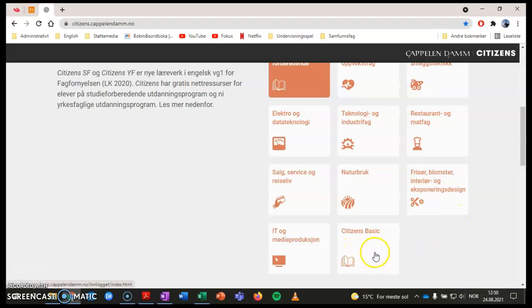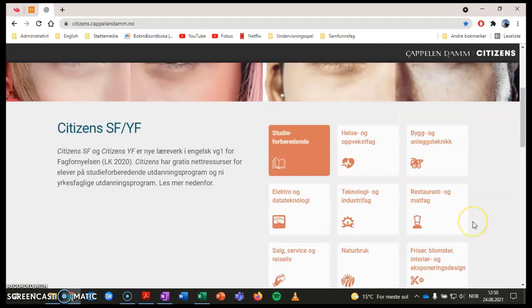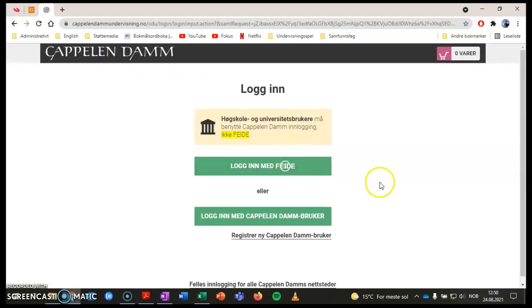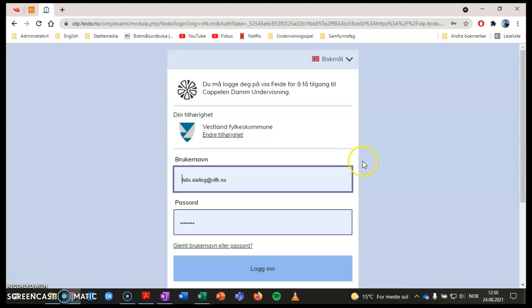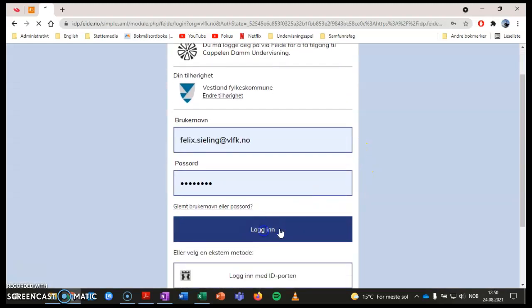So Citizens Basic might be a good one. If you study, for example, health, then that would be the one. If you practice for studies, that would be the one you are clicking on. Now you log in with your account,